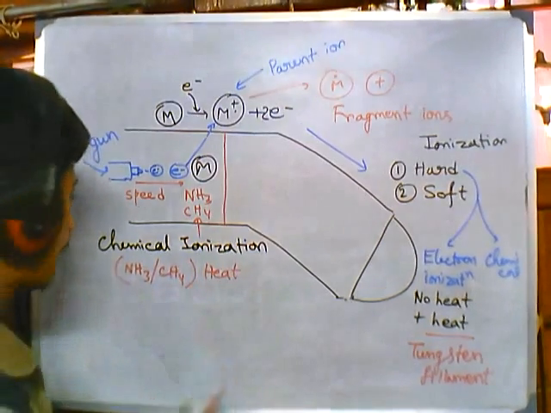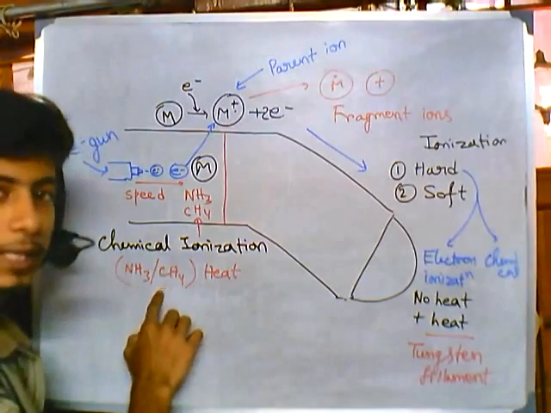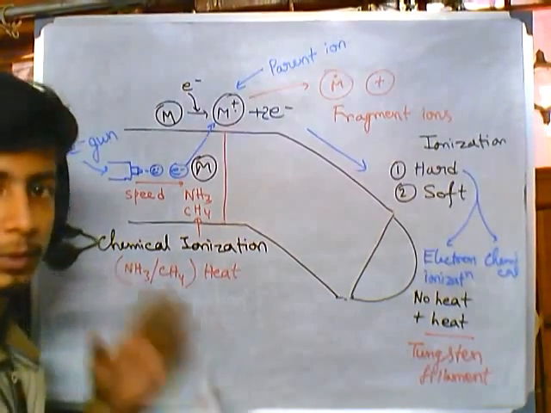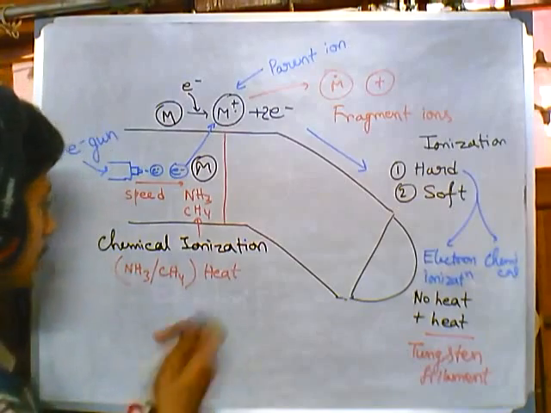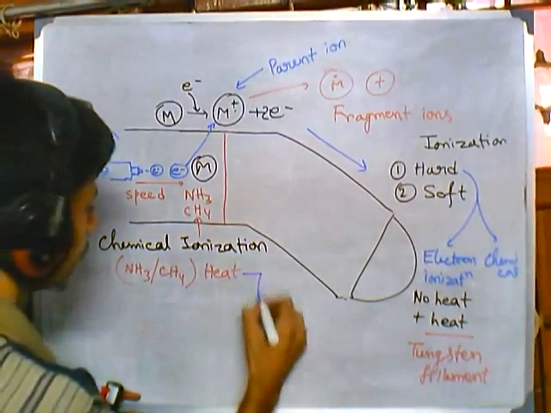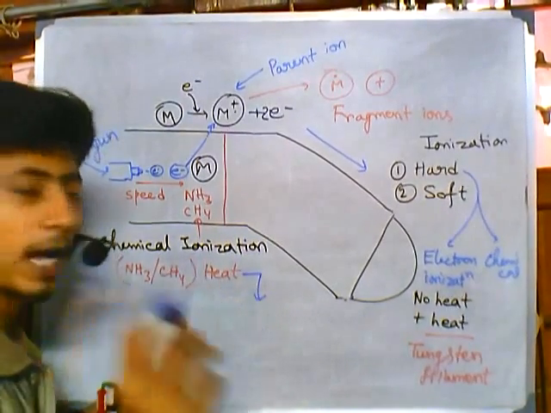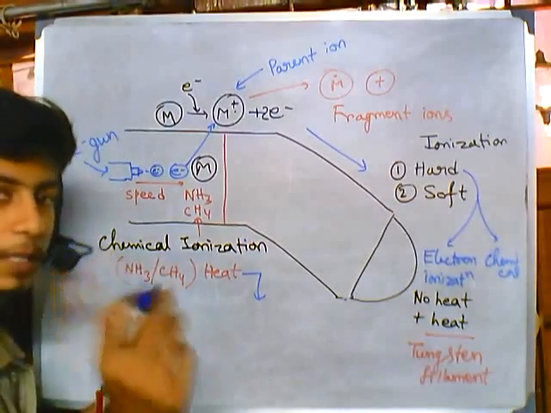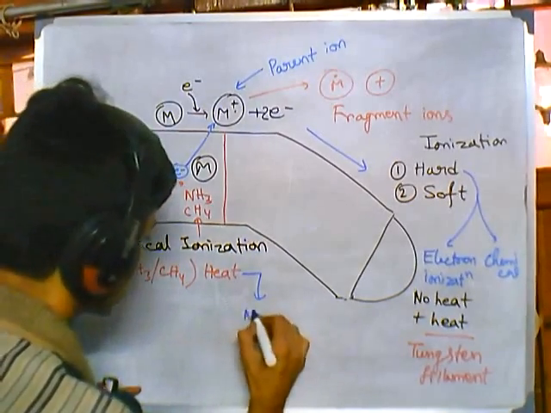We either use ammonia or methane, we don't use both at the same time, but the utilization of heat will convert them into reactive gaseous ions, or reactive chemical species, like say,